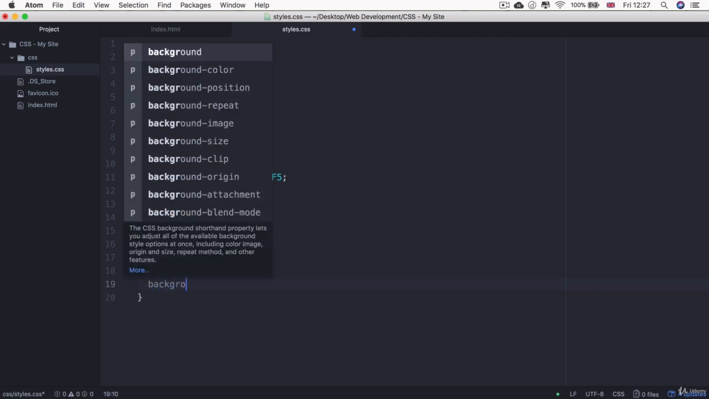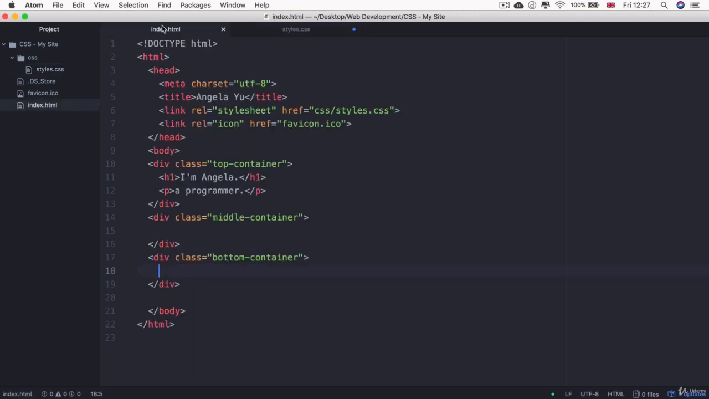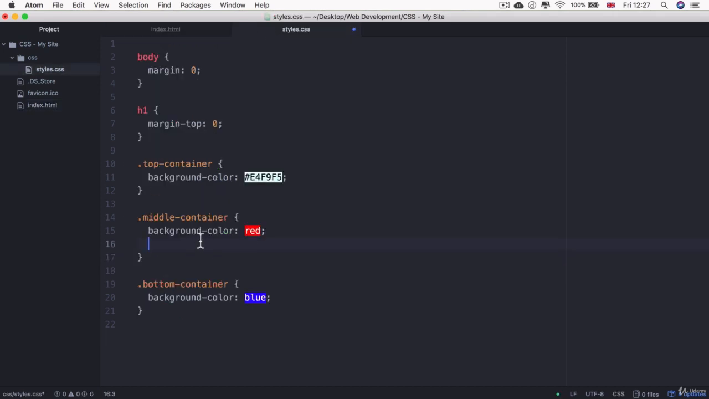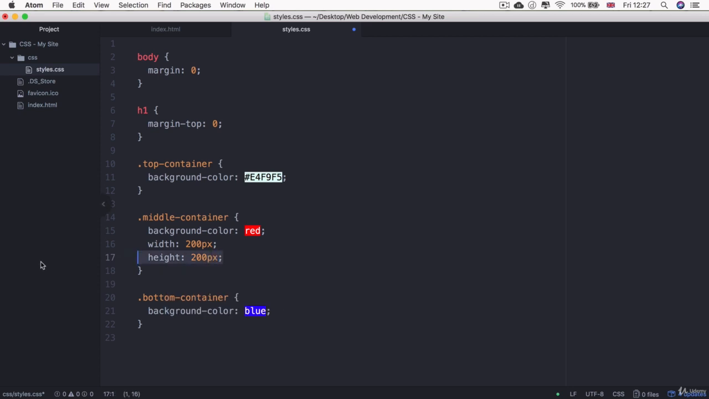And this one's background color will be blue, shall we? Hit save. And as we said, these two containers, because they don't have any content, then that means they won't have any dimensions unless we give it to them. So let's say that the middle container should have a width of 200 pixels wide and a height of 200 pixels as well. So now it's a box,